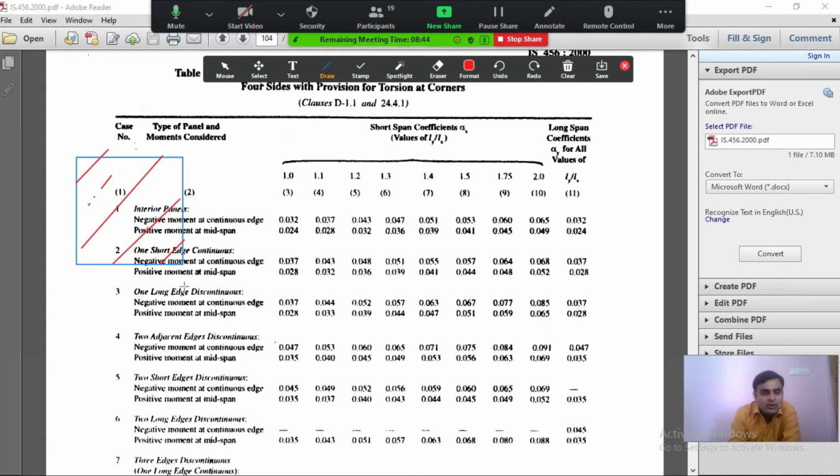So one long edge discontinuous means the slab is continued along this portion also, and from here another panel is there. This may be the case. Here also the slab is maybe continued. So this is the case, and here also this panel is continued.